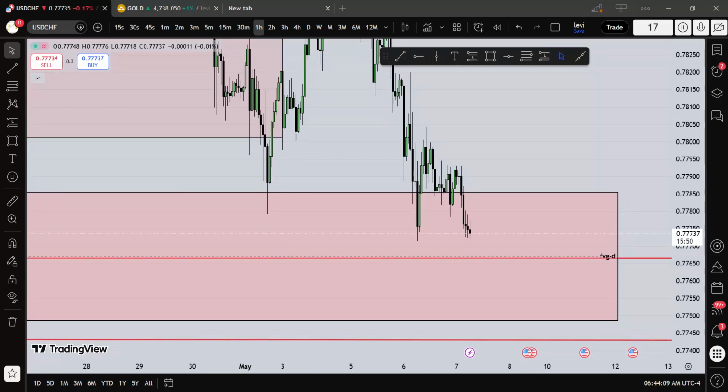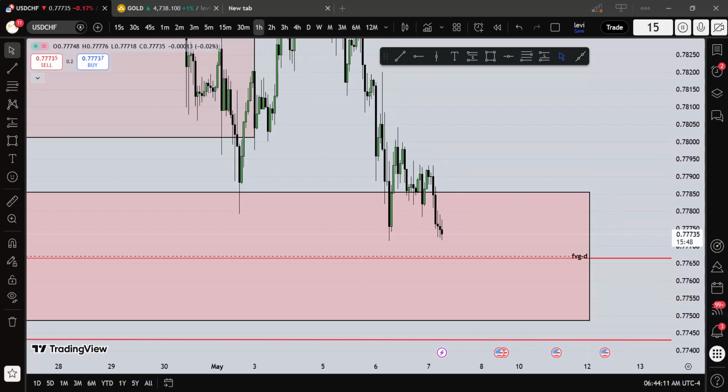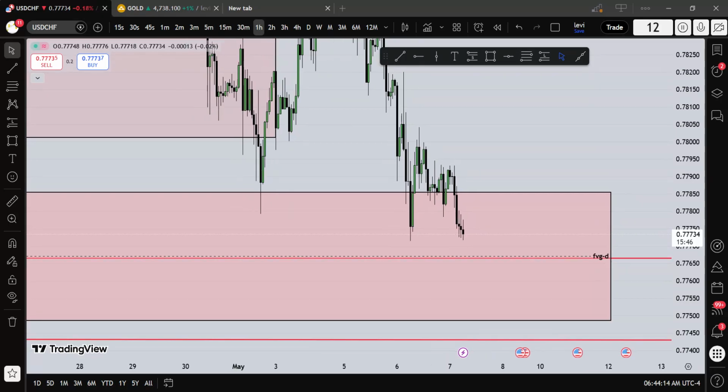This is the 1 hour. Did we see any imbalance on the 1 hour? There seems to be a series of down close candles. So we keep watching till we get to the 15 minutes, and when we get to the